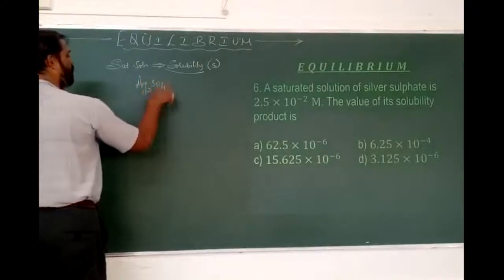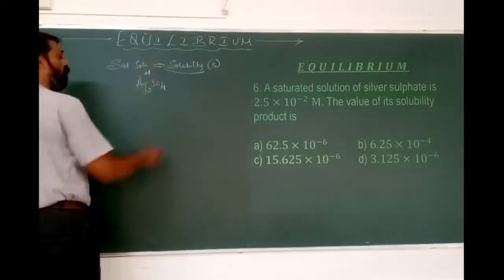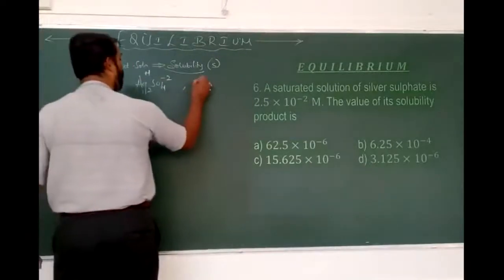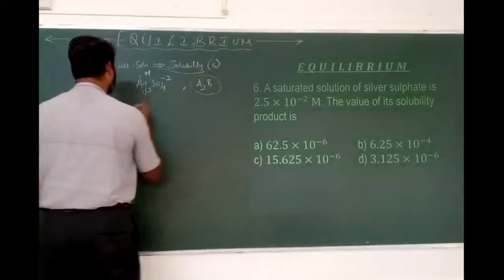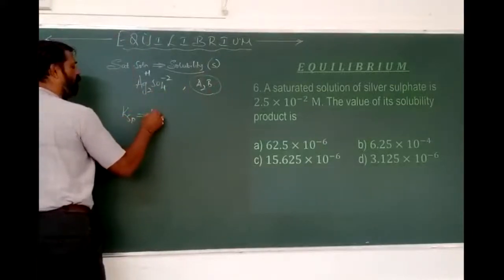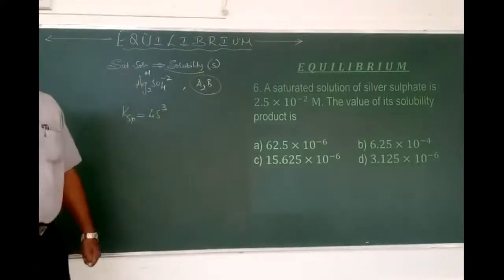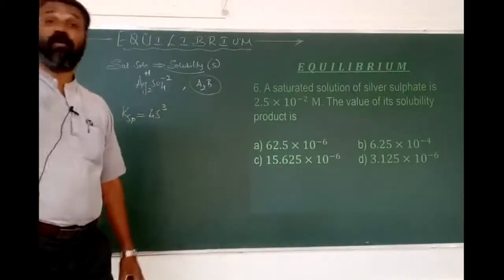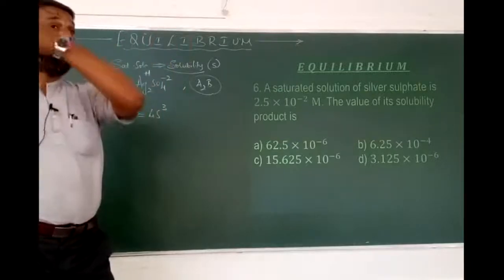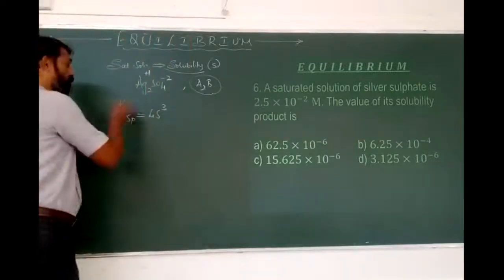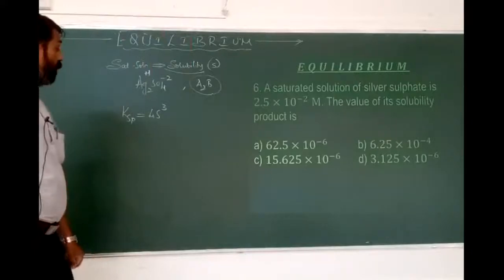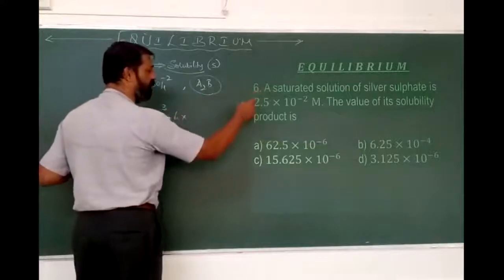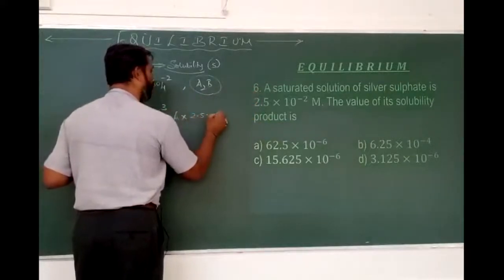Ag2SO4 is silver sulfate because silver is monovalent and sulfate is bivalent. This is of the A2B type. If it is A2B type, then Ksp is equal to 4S cubed, because we have to remember the formula. For an AmBn type of electrolyte, Ksp is equal to m to the power of m into n to the power of n into S to the power of m plus n. So here, based on that, Ksp is equal to 4S cubed. That is equal to 4 into S, the solubility 2.5 into 10 to the power of minus 2,